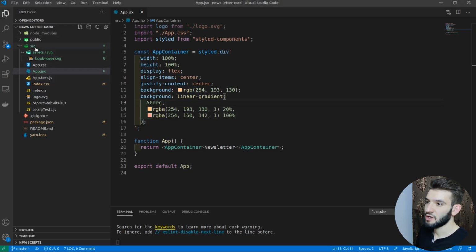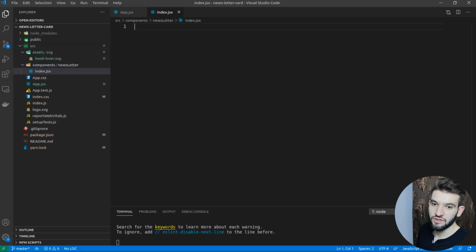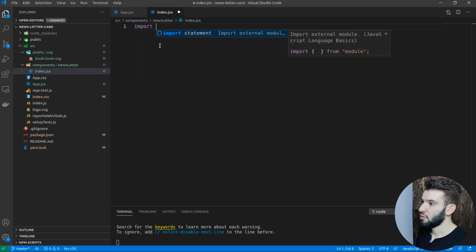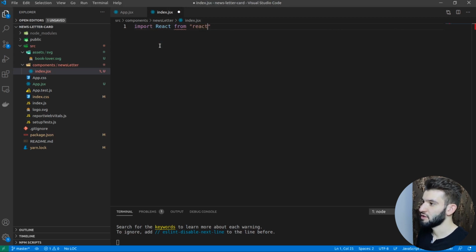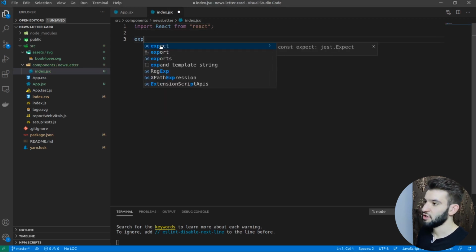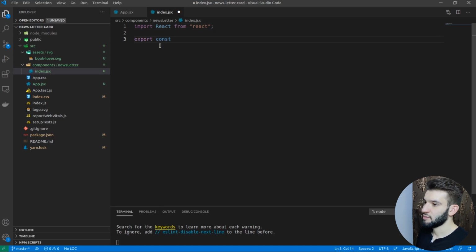So for that, I'm gonna go inside the src and create a components folder. I'm gonna create the newsletter component. This one is going to be index.jsx, which is the main entry point. So let's go ahead and import React as always, the first most important part of every single application. Then I'm going to export const Newsletter,